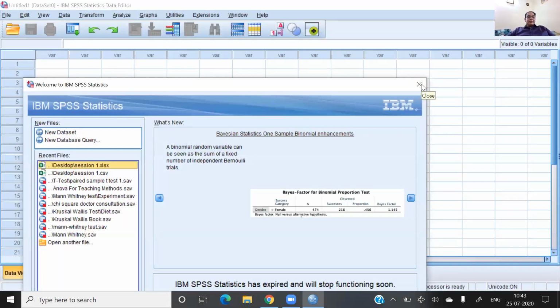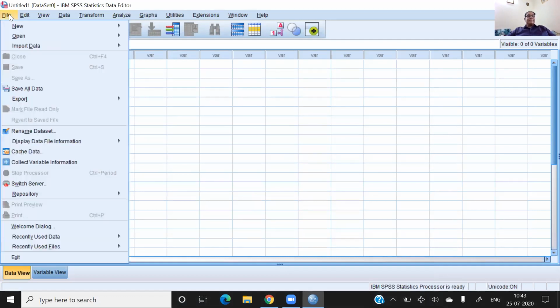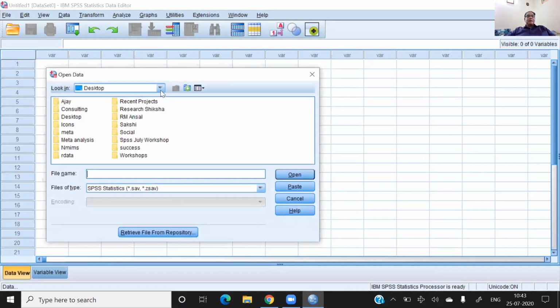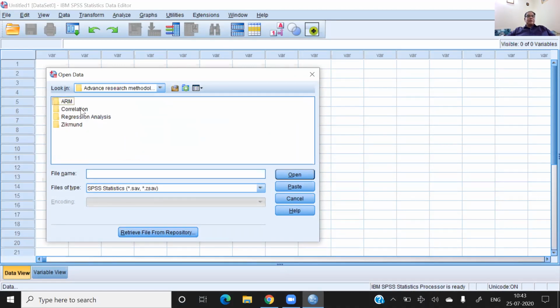Okay, so this is the regression line. Sorry, this is the SPSS file, and I am going to show you how to apply a regression line here. Click on File. First of all, we want to open the data set, and most of the data sets I already shared with you. Let me open one data set from the correlation file. No, not the correlation file, rather the regression file.